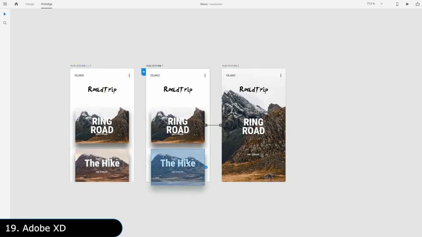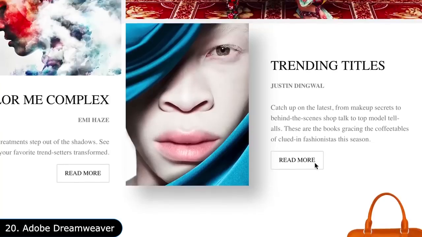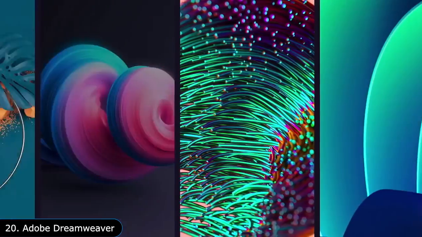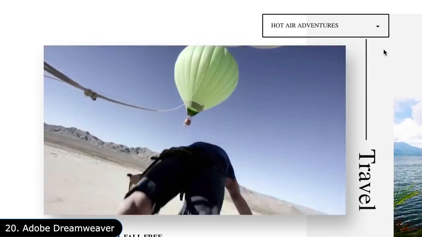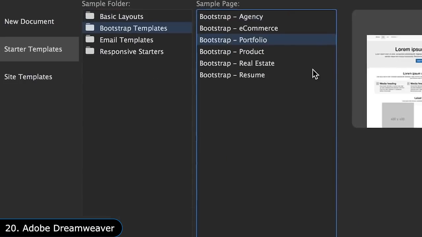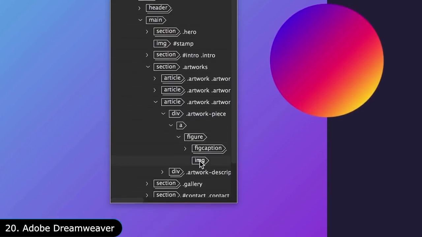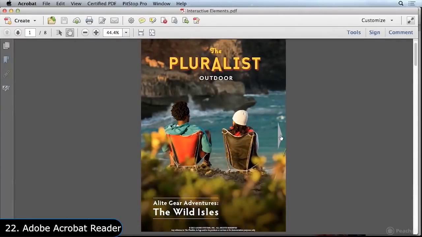If you want to develop this user interface into a website, there is Adobe Dreamweaver, which is a web designing software which lets you visually make websites without having to touch the code. But it also features a powerful code editor which supports numerous programming languages, thus letting you customize the design however you like. If you have ever used PDF files, you might know Adobe Acrobat Reader,